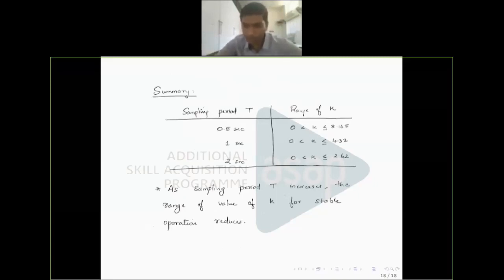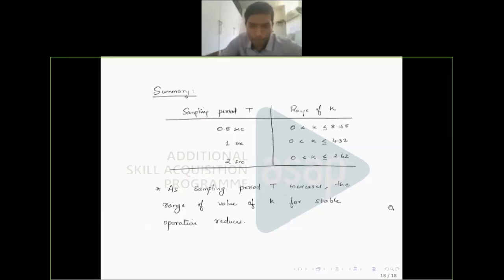So this is about the root locus and how to design a digital controller using it. In root locus design, the key thing is that you must be able to specify the type of controller that you are going to use. You are only allowed to vary or adjust the controller gain and see how the closed loop poles are located in the Z plane. So using root locus, you can design an effective digital controller. With this, I am stopping. If there are any more questions, we'll discuss them.